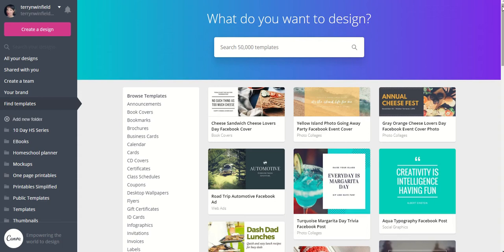I have a hard time, to be perfectly honest, looking at a template and envisioning how I can change it. I've gotten better over time, but my husband's the one that can do that. He can look at something and see what it can look like in 5 years or whatever. I just have a tough time with that. So I have used some of their templates, but for the most part, I make my own. But I want to show you